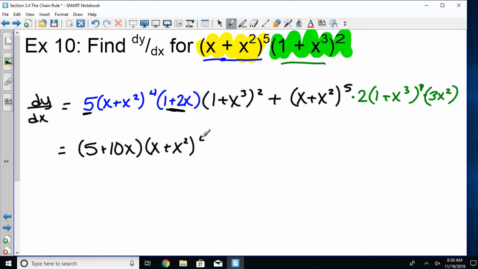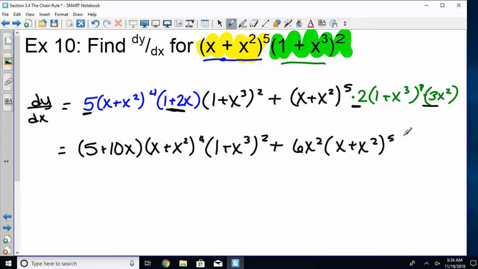X plus x squared to the 4th, 1 plus x cubed squared. 2 times 3x squared would be 6x squared. X plus x squared to the 5th. 1 plus x cubed, and that was just to the first. You could even distribute the 6x squared to this one. This is kind of the point, if you haven't noticed, where we are rapidly getting to the place where there might be 3 or 4 different answers that are all equivalent, just depending on how much you simplify your final